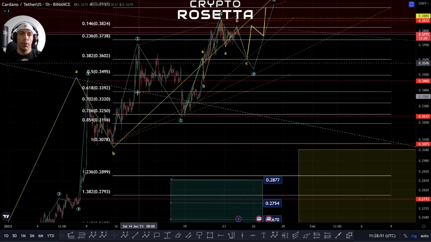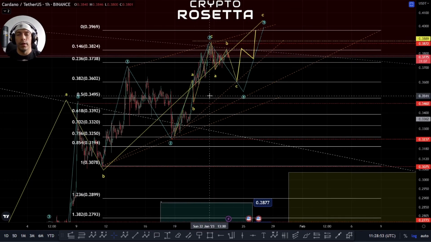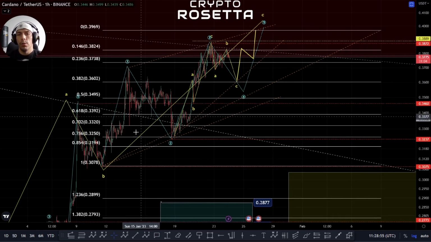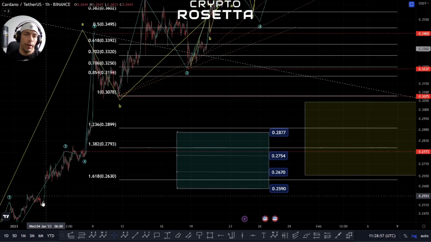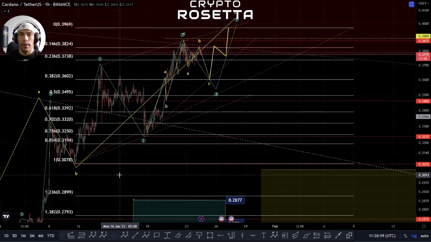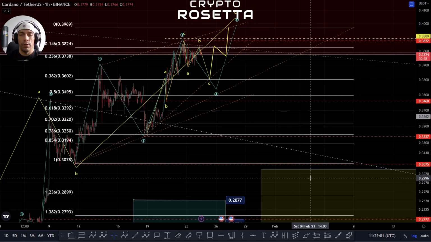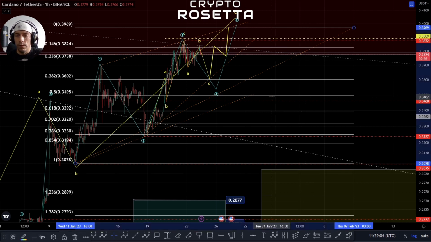or, like I said, the problem with this is if we look at it as a diagonal, it can also be the end of a move. So we'd have to be careful that it isn't, like I said, an A, B, and then a C as a diagonal, and then actually look to break down from there. Because if I zoom out here,